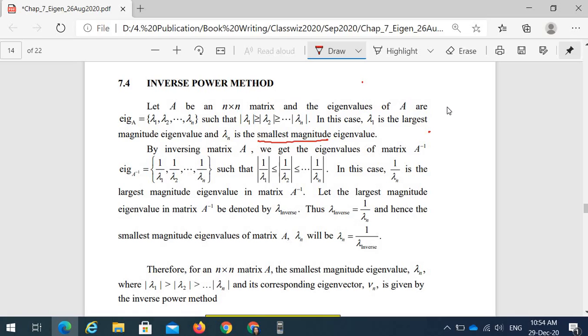In this case, lambda 1 is the dominant or largest magnitude eigenvalue, and lambda n is the smallest magnitude eigenvalue. By using the inverse power method,